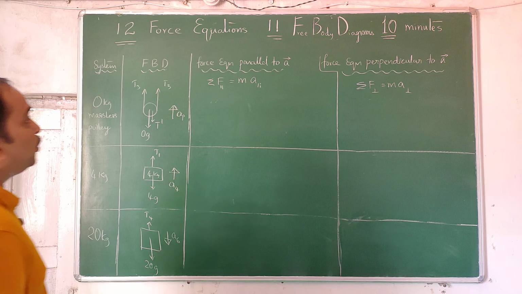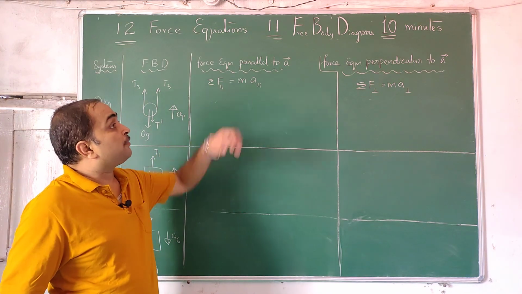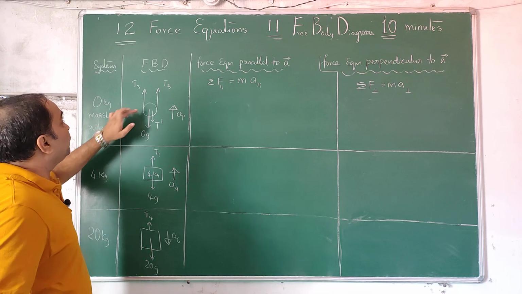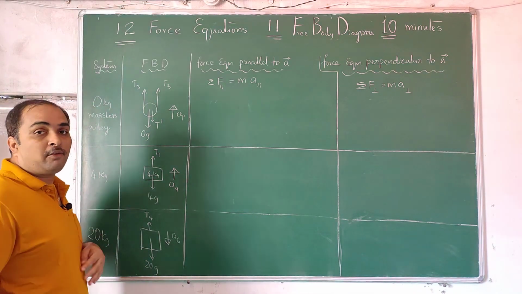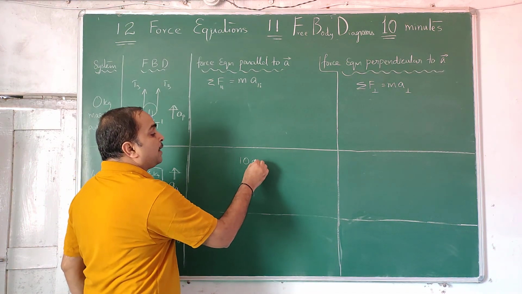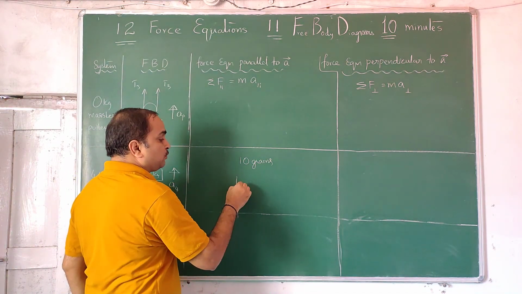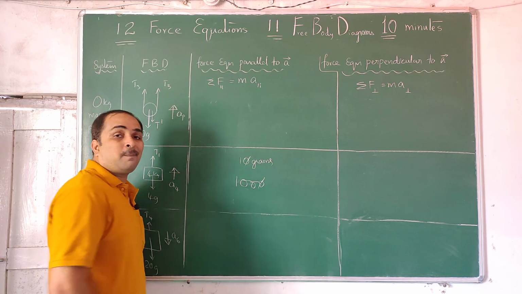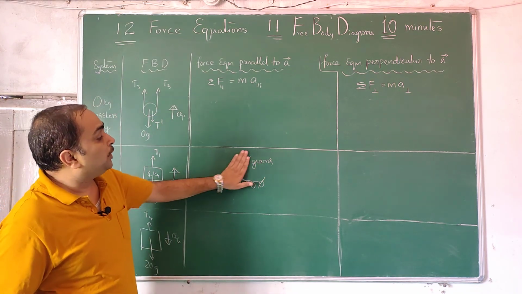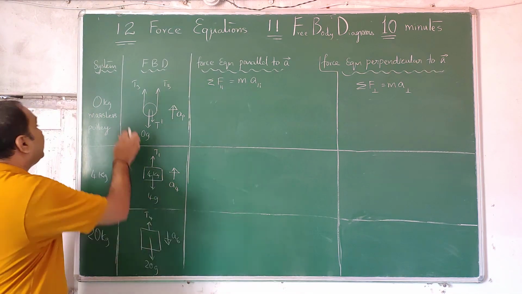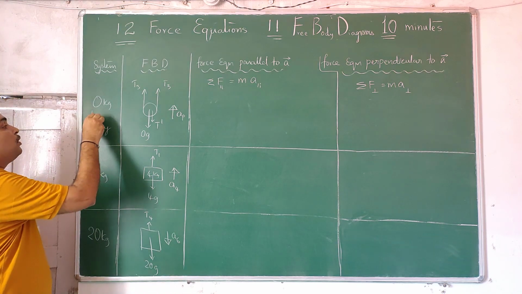Students, in this video only, I have drawn 11 free body diagrams. You have to go back and see if you want. This was a massless pulley, 0 kg pulley, and you'll be laughing at me and saying how can it be 0 kg, sir. If the pulley is say 10 grams and the hanging mass is 1 kg, 1 kg means 1000 grams. So 100 times more mass is there. Then we can call this pulley massless, or a better word, in foreign books they use light pulley. They don't use the word massless, they use the word light.